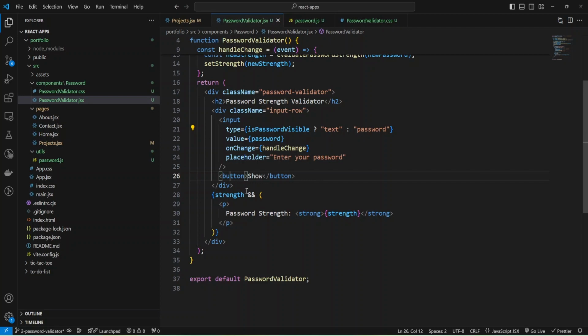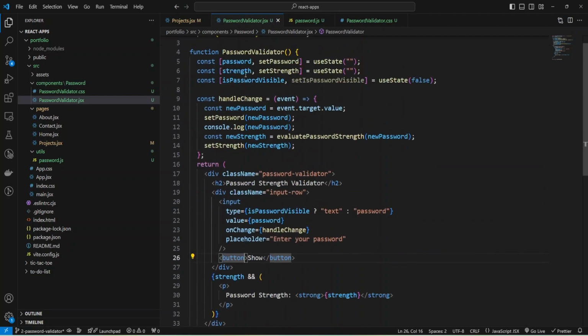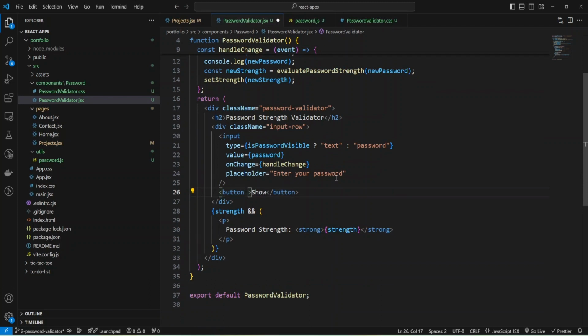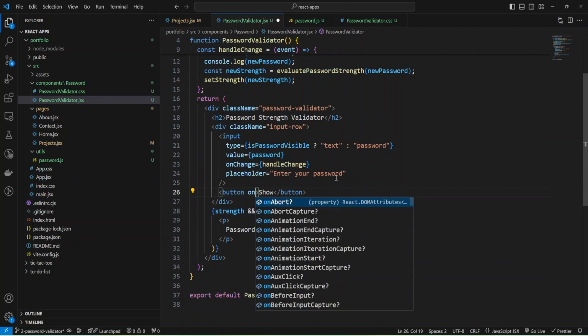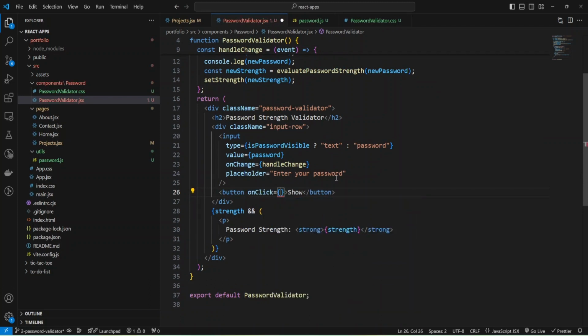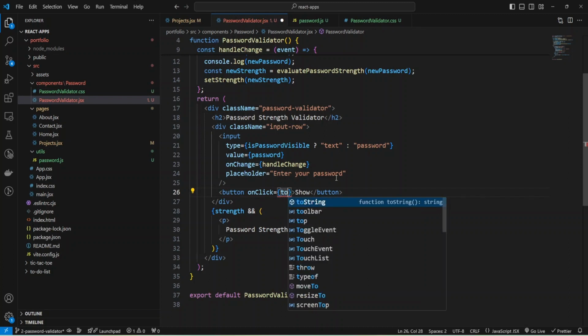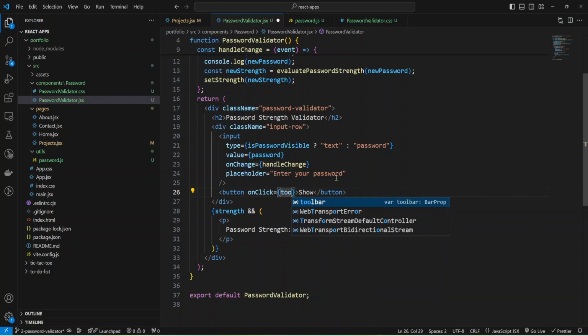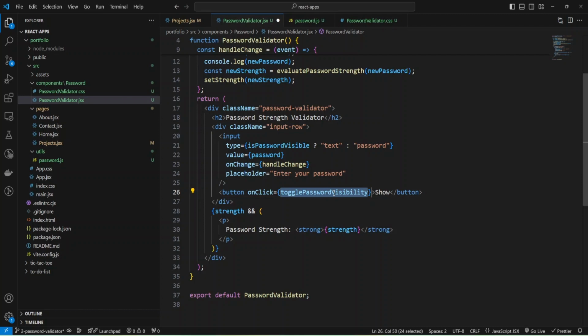And we need to add toggle functionality to change our state by pressing on button, and I'm going to provide on click event handler and add function toggle password visibility, and now I can implement this function,